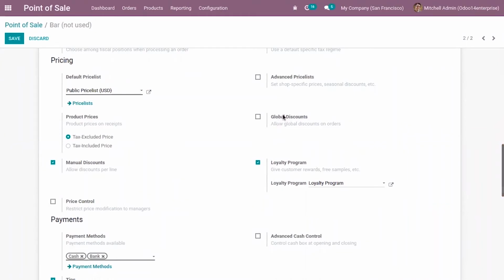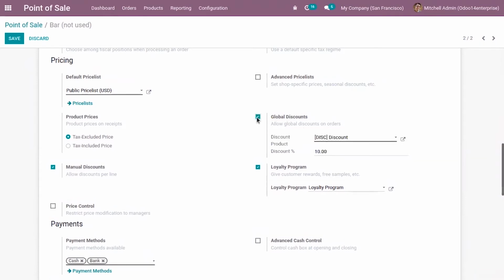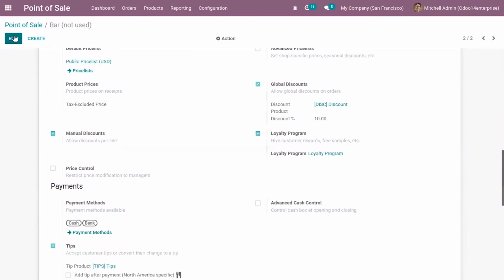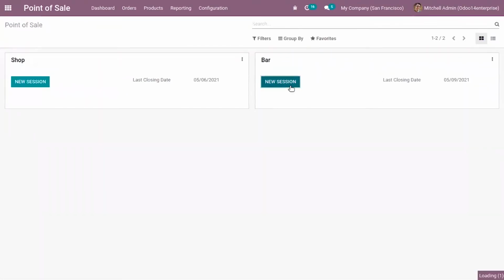This option allows us to apply discounts on orders, that is to the total amount. Let me enable this option. Now save this. So we can start a new session.